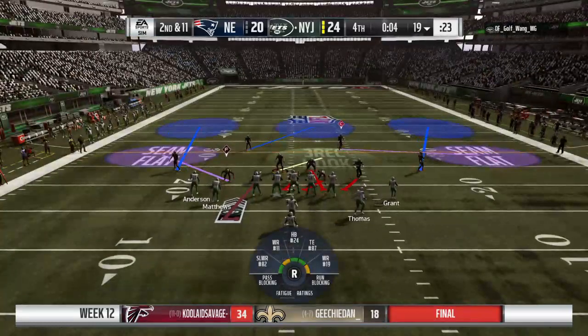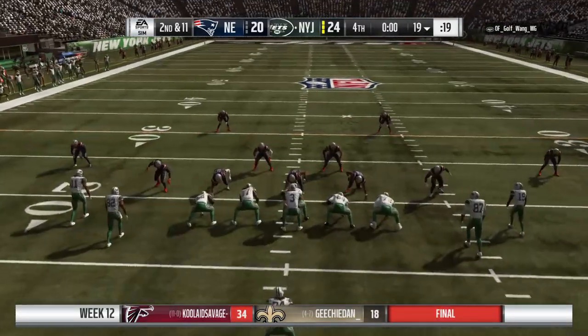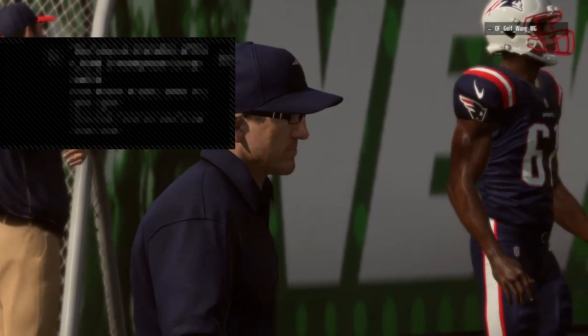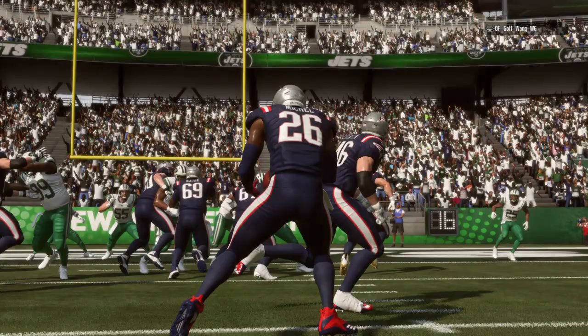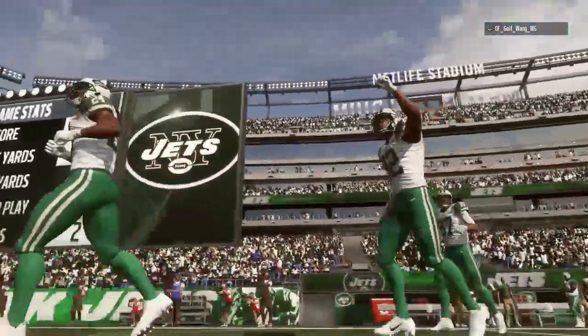I guess the simple question, why not just take a knee there? I don't understand either why you would take any sort of a chance. We've seen it happen in the game of football. Doesn't matter whether you've watched high school, college, or the NFL. Some people get a little greedy, try to get that extra running play in, and it can backfire on them. And, Charles, I think when the schedule comes out, all teams, no matter where they're predicted to finish, talk about protecting your home turf. They were able to do that here in this one. Similar to a